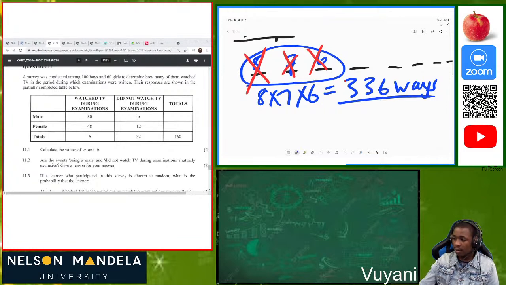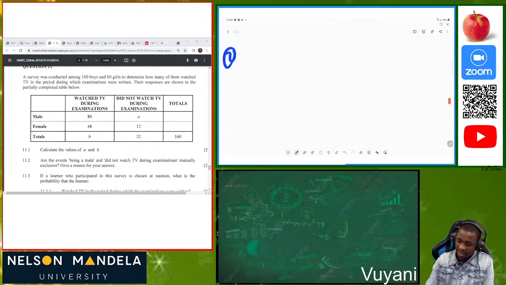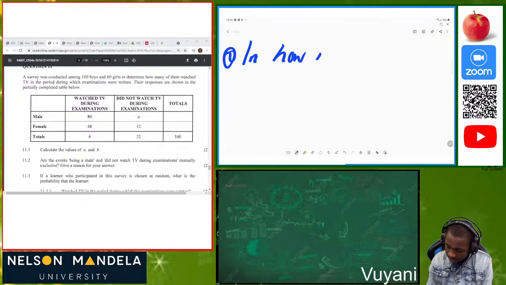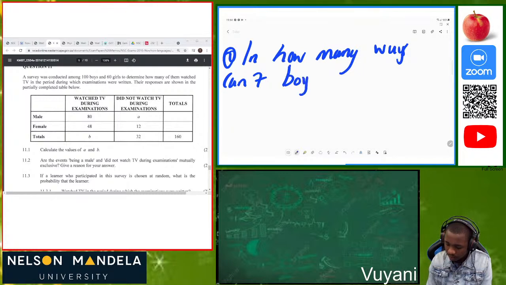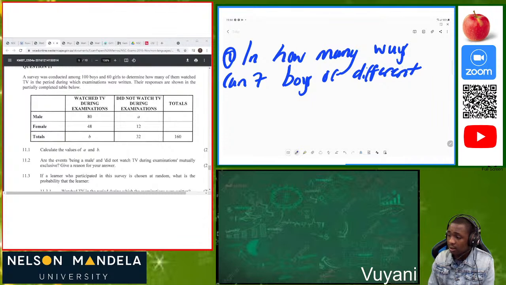All right. I was just doing an example. Let me do one more example, so that I can give you an overview, guys. Let's just try to formulate a question. How many ways can 7 boys of different ages be seated